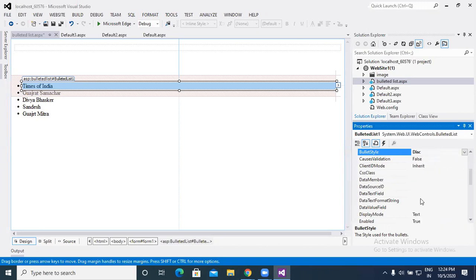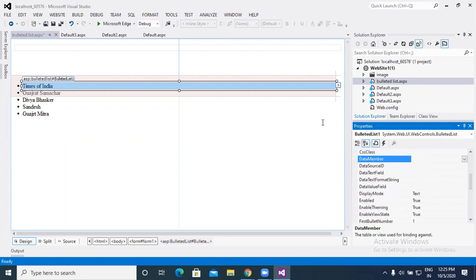If you wish to use a round circle, or a square, or a custom one, we have to consider that in the property. That is useful for displaying a list on that web page. That is the concept of the bulleted list.